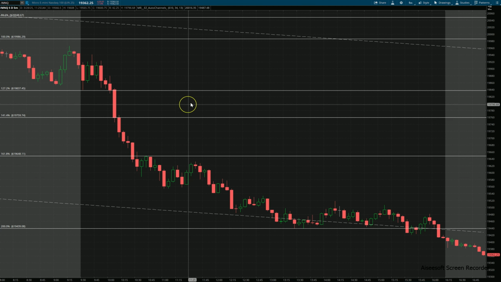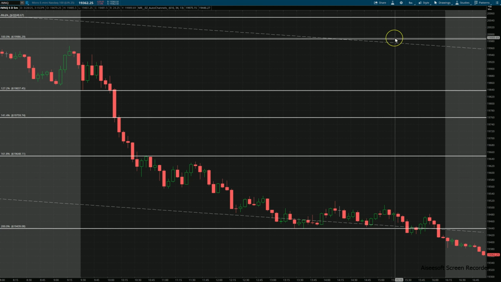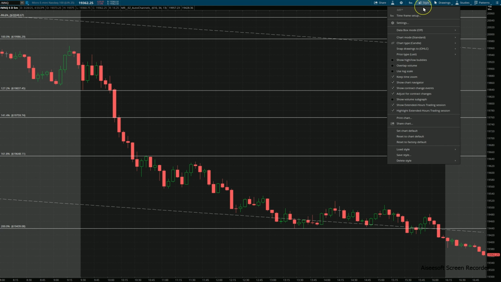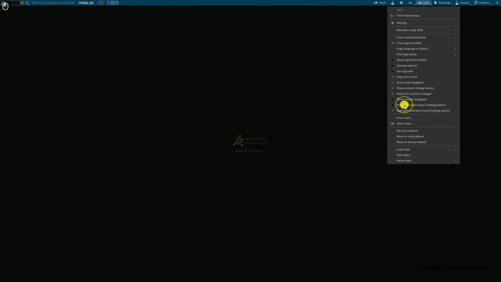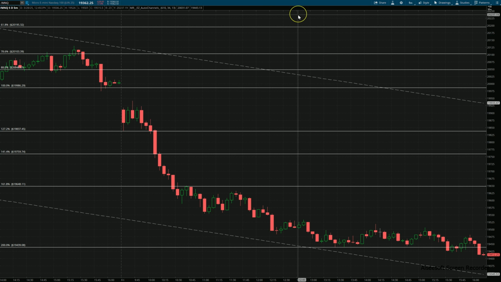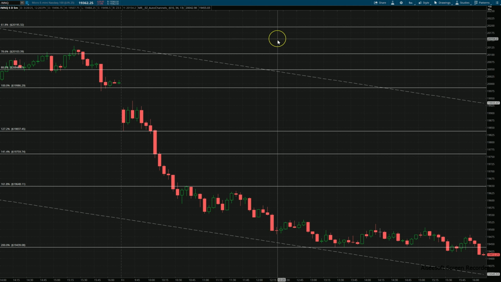What do I want to do? I want to zoom out, and I want just market hours. So we'll go back up, and we'll get rid of extended hours. And now we have just market hours. But what do we have? I have a 5-day, 5-minute here, and I'm pretty much just looking at the last day. So